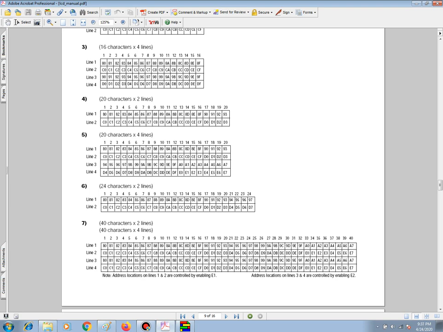Now one of the things that has to happen is that you will have 2 enable pins, or possibly just 1, which would either be, if it has a 0, it would be on, say, line 1. If it has a 1, it would be on line 2. But they typically will have 2 pins that you will be using to control what you're writing to, just as it states here. So it says, note, address locations on lines 1 and 2 are controlled by enabling E1, and then address locations on lines 3 and 4 are controlled by enabling E2. So most will have 2 other pins that you need to control in order to tell which line